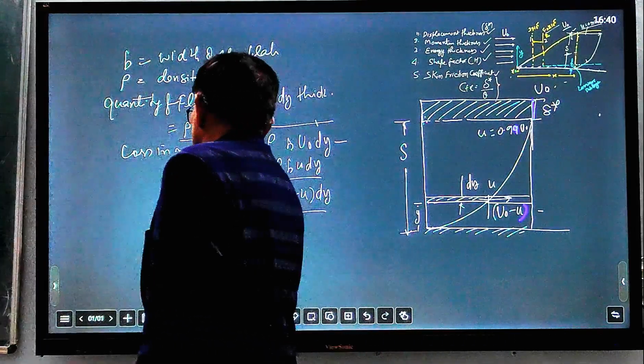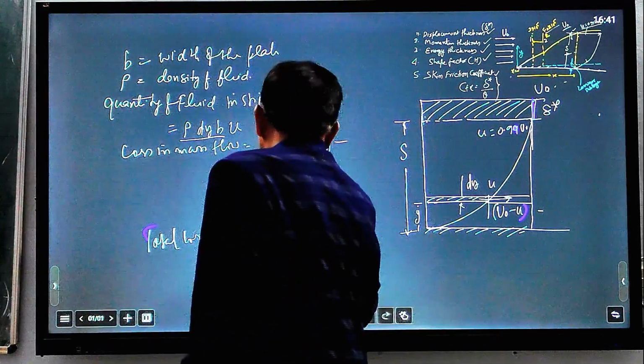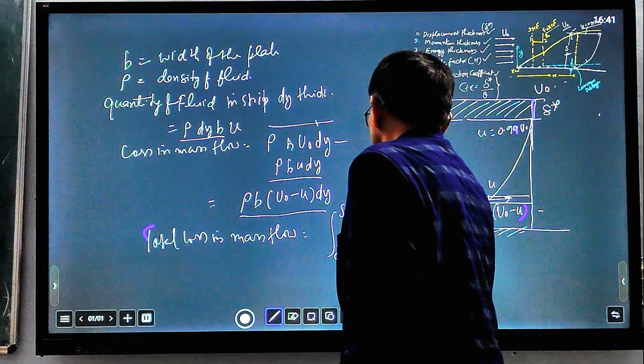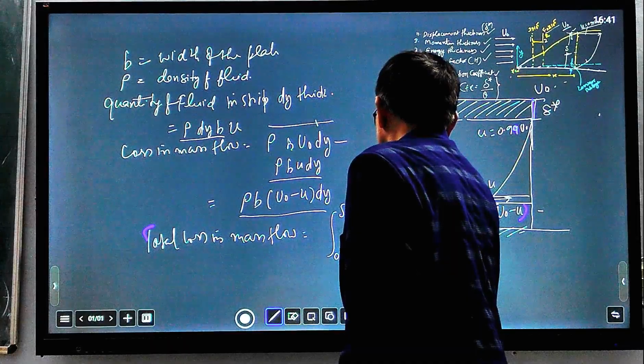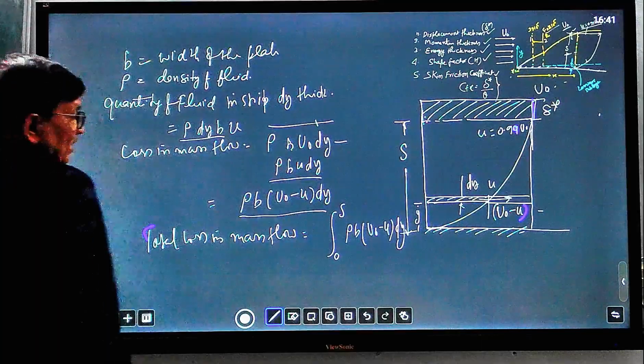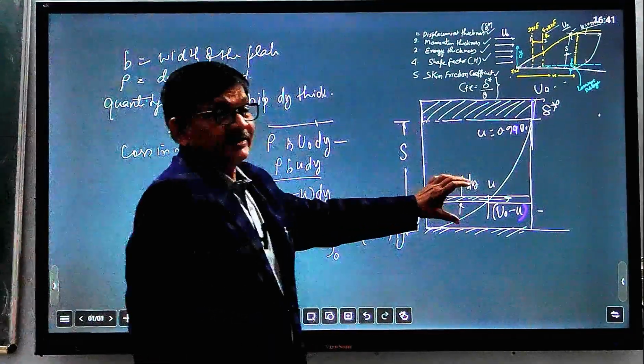So total loss in mass flow equals integration 0 to del of rho b (u naught minus u) dy. This is the total loss of mass. Due to formation of boundary layer, this loss is occurring, and this quantity that is lost